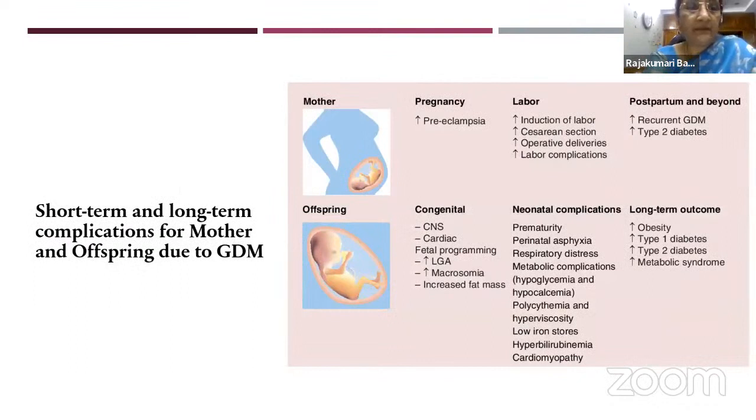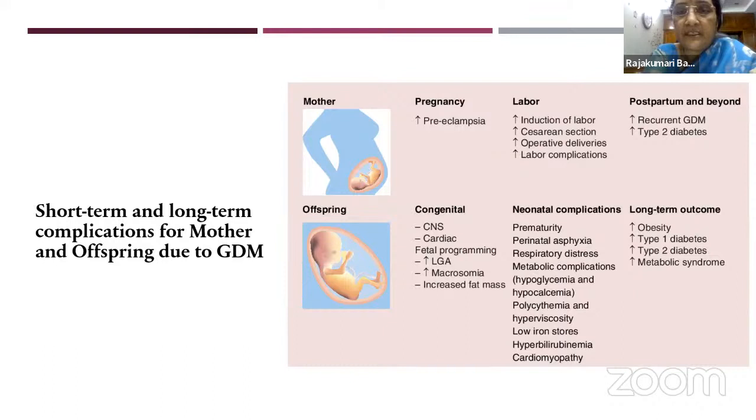What are the complications for mother and offspring in GDM? We are all well aware of these complications. In pregnancy, preeclampsia is more common, maybe because the risk factors are the same for both conditions. In labor, there is increased induction of labor, cesarean sections, operative deliveries and labor complications, all due to macrosomia. During postpartum and beyond, we have to discuss in detail recurrent GDM and type 2 diabetes later. In offspring, congenitally, there may be anomalies in the CNS and heart, but there is altered fetal programming causing